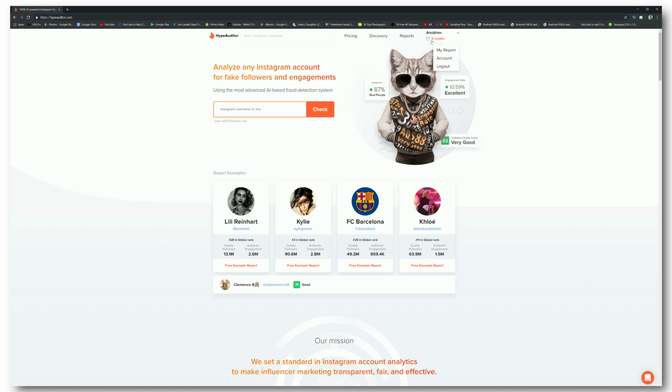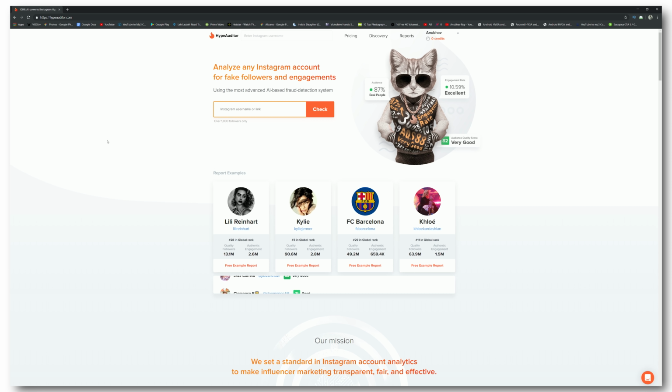So the first thing you want to do is obviously create a free account, and you can do so by signing up without any credit card or anything of that sort, with just your email ID. Also guys, if you do want to get weekly report updates, then you have to create an account for completely free on Hype Auditor, so be sure to do so. And once you're in, you can open up the website, and over here you can search any username for any kind of page that you want to check.